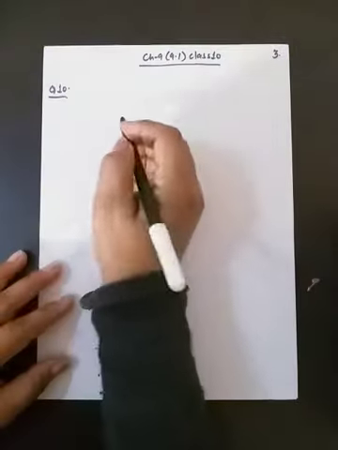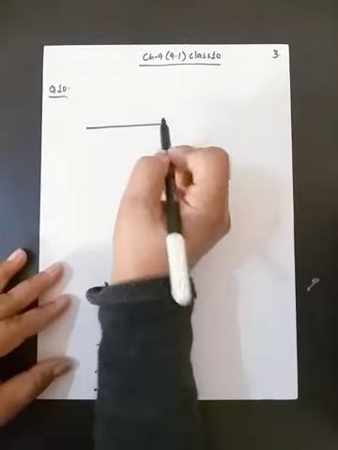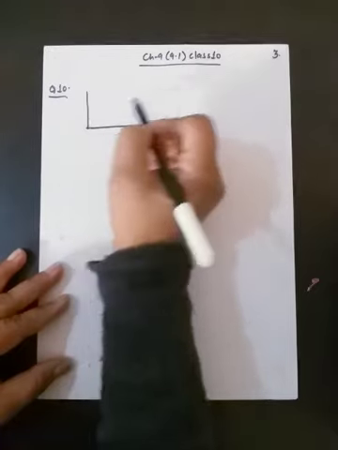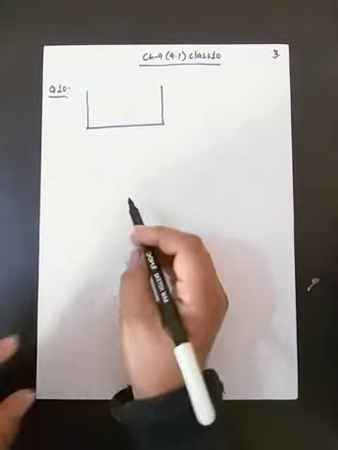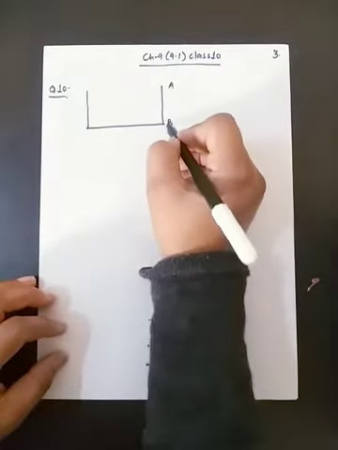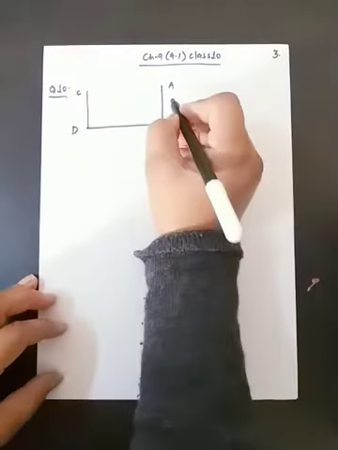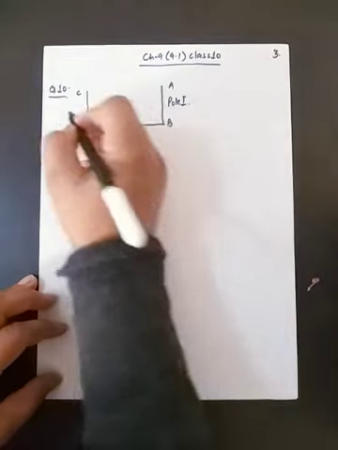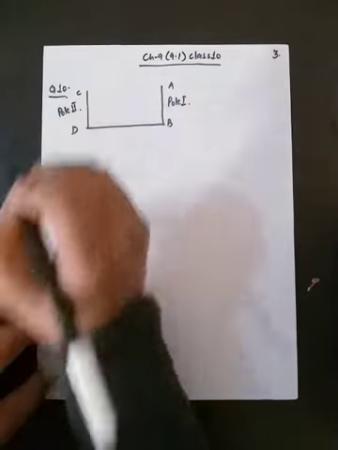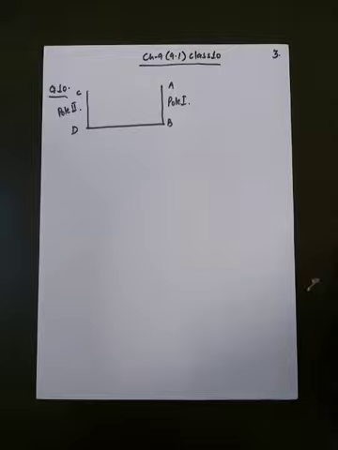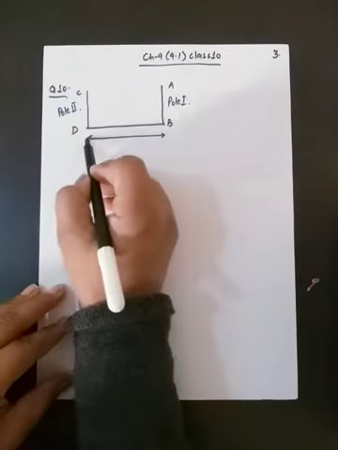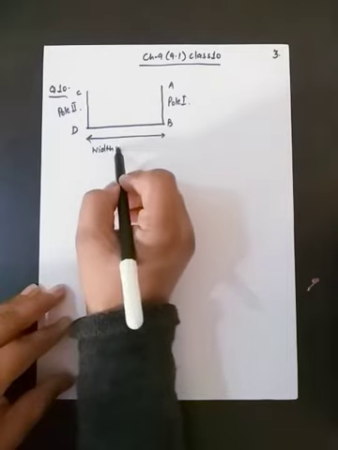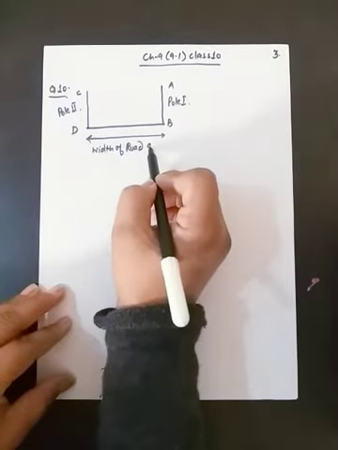Question number 10. Two poles of equal heights. Now this is the ground and these are two poles which are of the same height. We have to make the heights exactly equal. A, B, C, D. So this is pole 1 and this one is pole 2. Both are of equal height, standing opposite to each other on either side of the road, which is 80 meter wide, and BD is the width of the road, and its width is 80 meter.